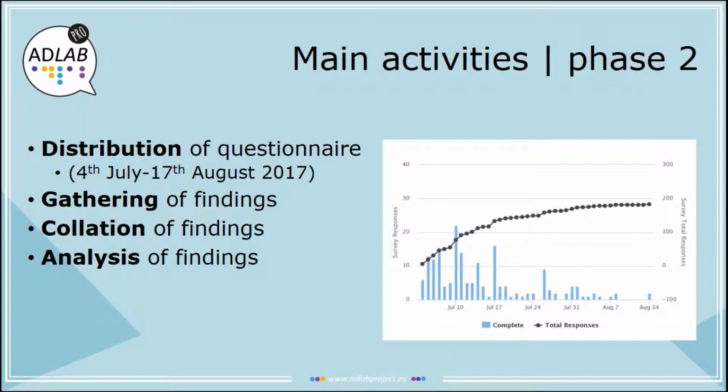And so once we prepared the questionnaire, we moved to phase number 2, which is this one. That is when we distributed the questionnaire. We released the questionnaire online. We left it online for around a month and a half, and we obtained a lot of responses, especially at the very beginning of that period, and then fewer towards the end of the period. We gathered all the findings, collated them, analyzed them, and this enabled us to move to phase number 3, which